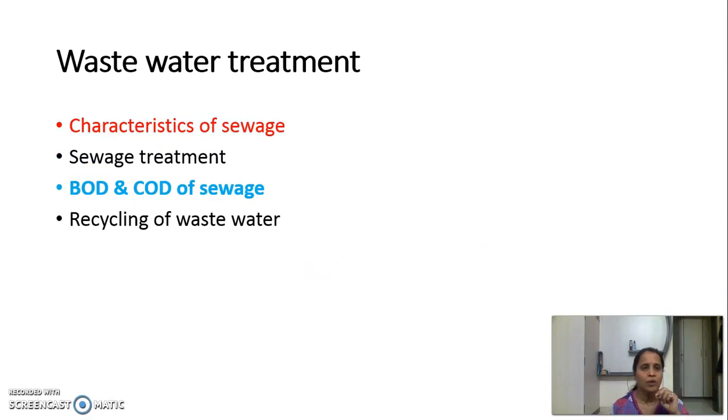Wastewater is the water which comes out of the house, bathroom, kitchen, that is domestic waste, or it may be industrial waste, or it may be waste flowing through the road, that is storm water, etc. Any water which is flowing through a ditch is known as wastewater, or in short we call it sewage. Sewage is nothing but liquid flowing through a ditch. Ditch means gutter.